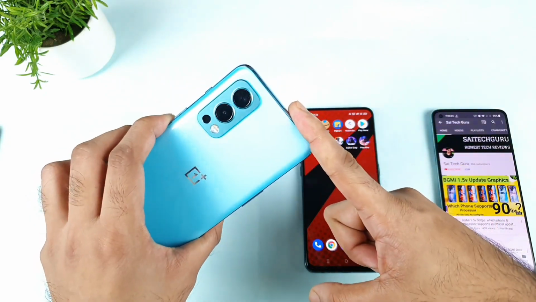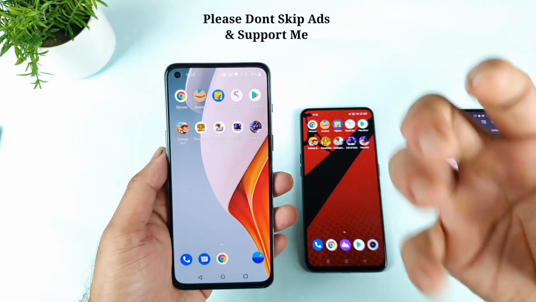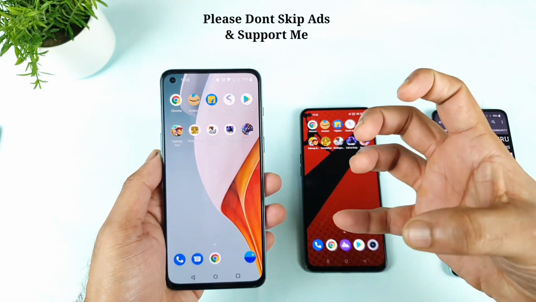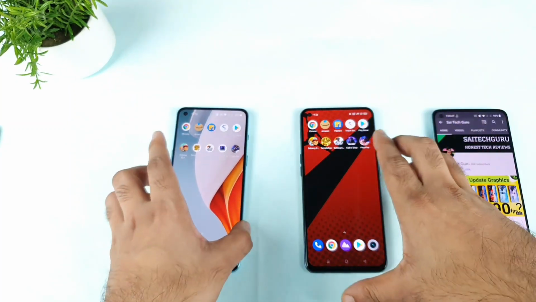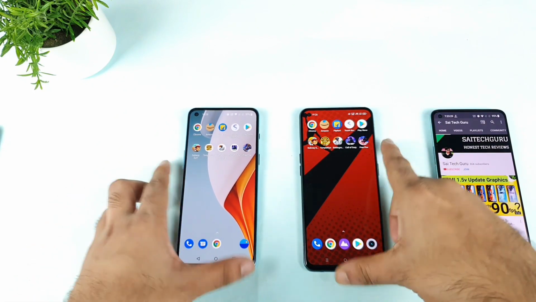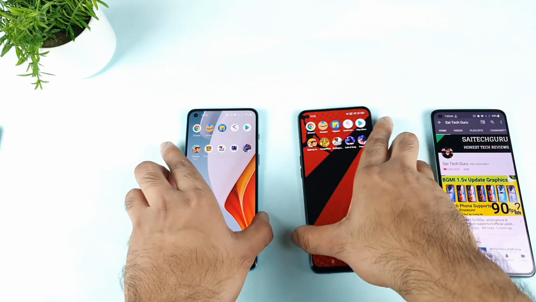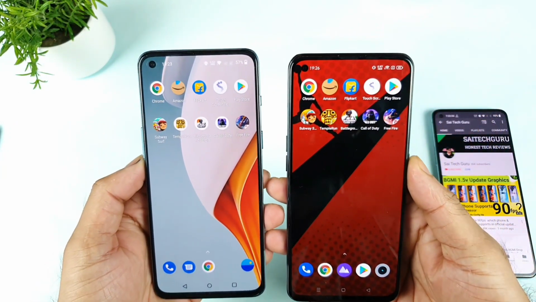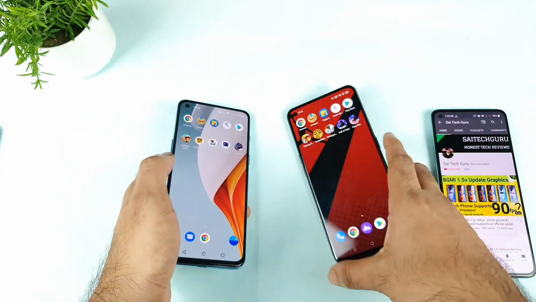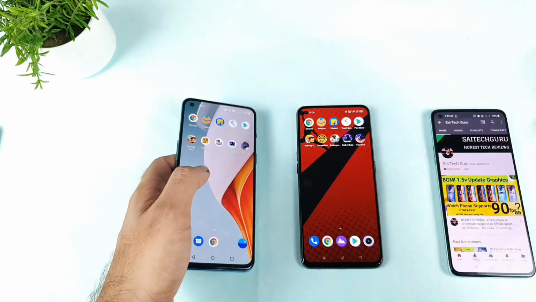So let's see after this update, is there any kind of improvement in terms of RAM management and speed test or not. That is what my main focus will be in this video. In this test, I'm using 5 applications and 5 games, as you can see here clearly. And these games I did not add into the game space at all. That's the one thing I'm just mentioning.